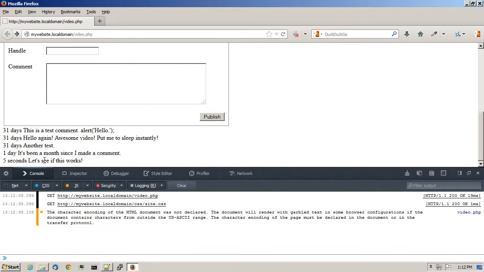But we're not done yet, because I have to account for time zones. Everything looks fine now, because my web browser and the database server both reside on the same time zone. But if I were to shift it to halfway across the world, it would no longer say 5 seconds. It would say 12 hours or something less than that. So just to compensate for that,